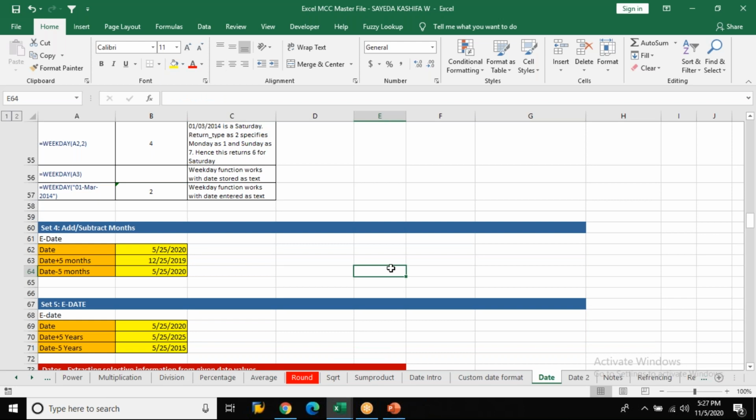What is the function to calculate average? Is it AVG? Is it AVG or, sorry, AVERAGE?